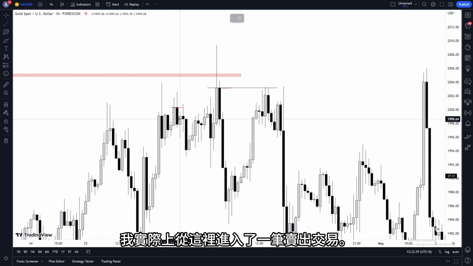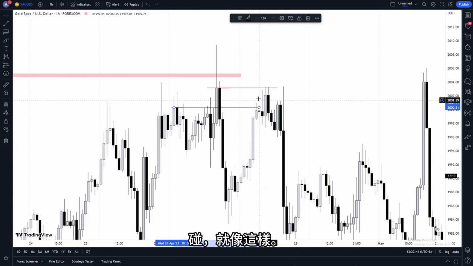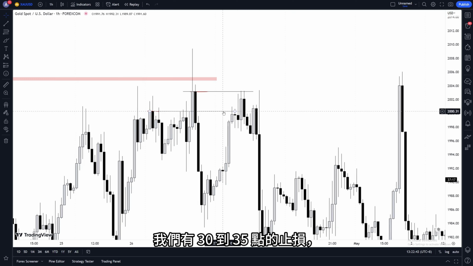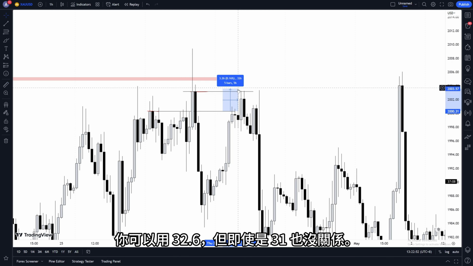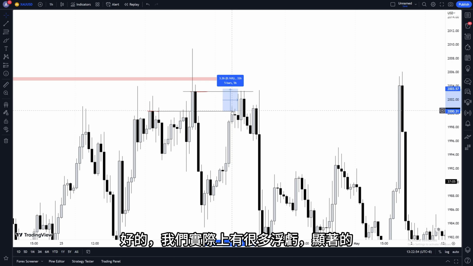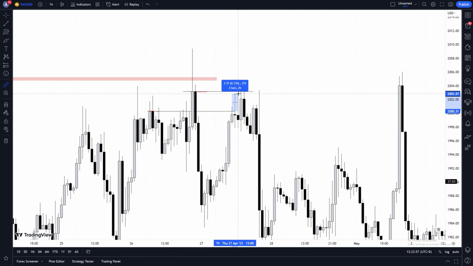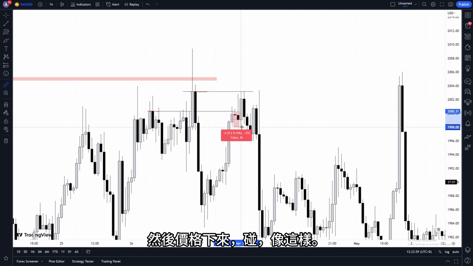I actually entered a sell trade from here. Boom, just like this. And we had a 30 to 35 pip stop loss. You know me. I go for a 32. If we go 31, it doesn't matter. There we go, 32.6, but even 31 doesn't matter. Okay, we had ourselves a lot of drawdown, actually, significant drawdown, 25 pip drawdown, and then price came down, boom,